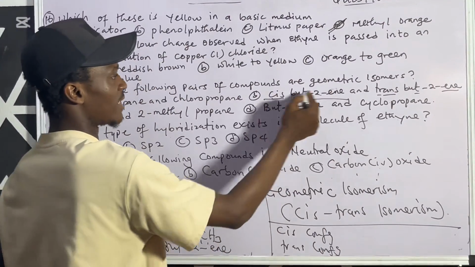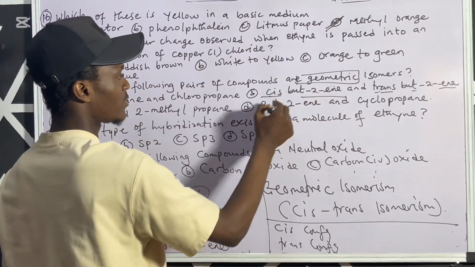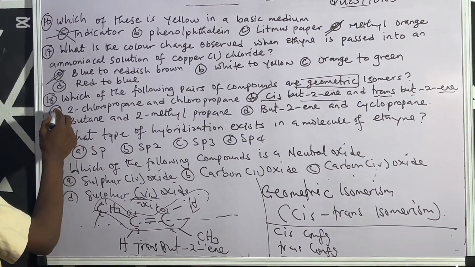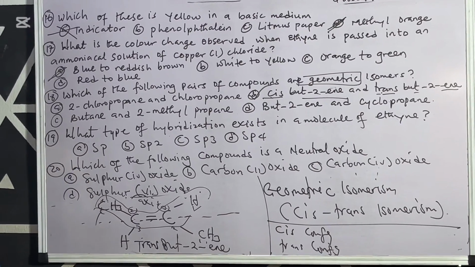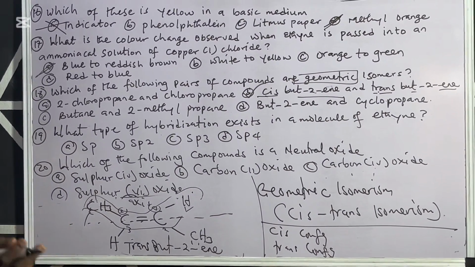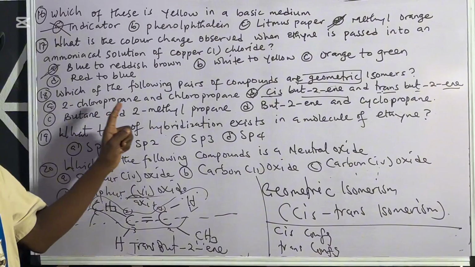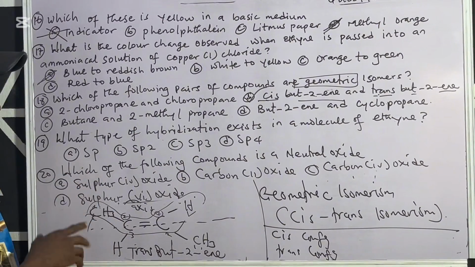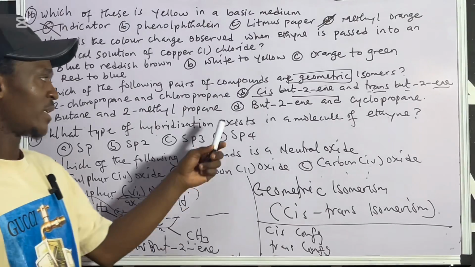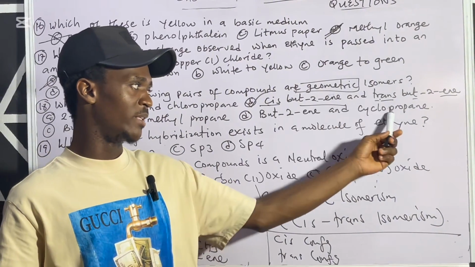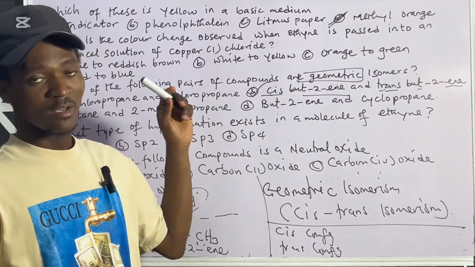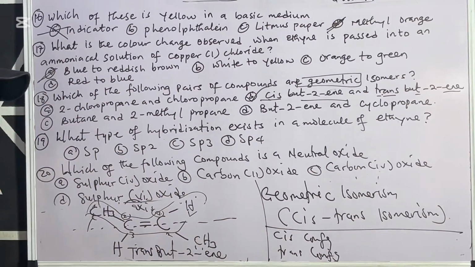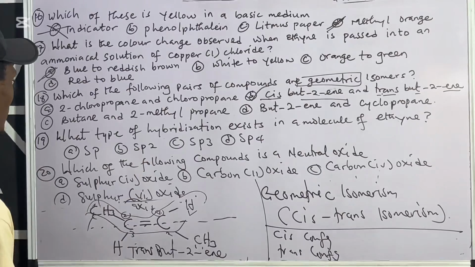So anyway, you just see cis and trans, just know it has to do with geometric. So the correct option is what? B. This one here is actually what's it called? Positional isomerism under the structural isomerism. So watch that video, you will learn a lot. Then we have butane and 2-methylpropane. This is also structural isomerism under the chain isomerism. Then while this one is butene and cyclopropane, that's under the structural isomerism, then functional group isomerism. All right. So the correct option is option B.